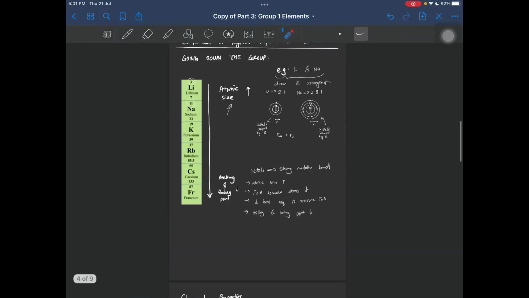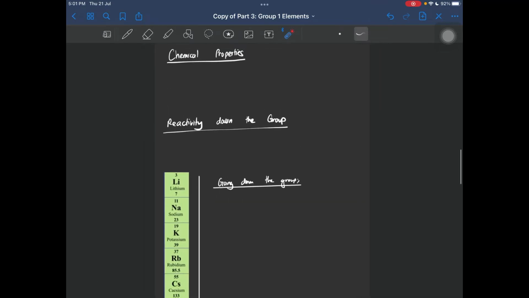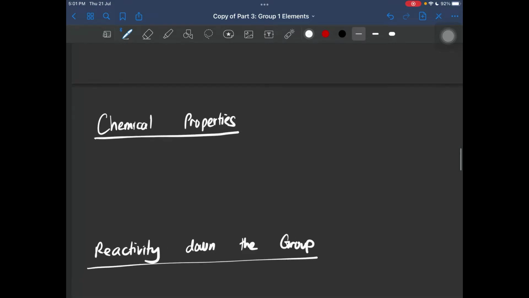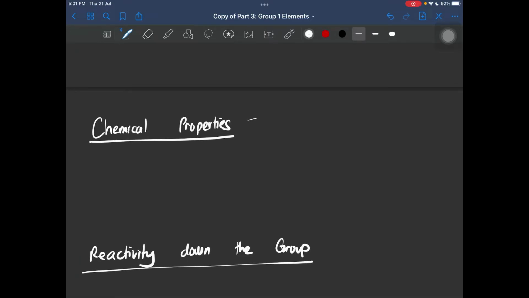Right. So next we're going to look at the chemical properties and the reactivity down the group. Okay, so group 1 elements, they are reactive. They are reactive, and this is because they have not achieved